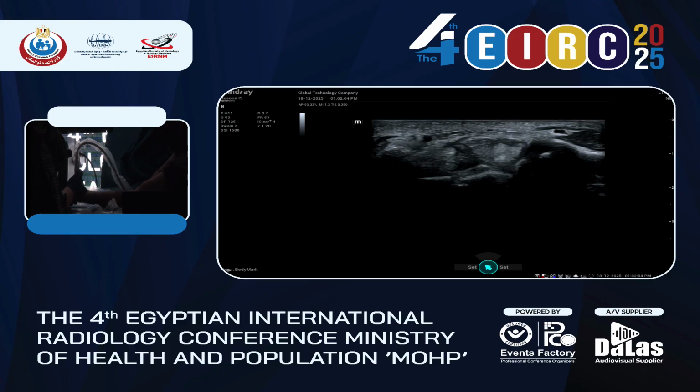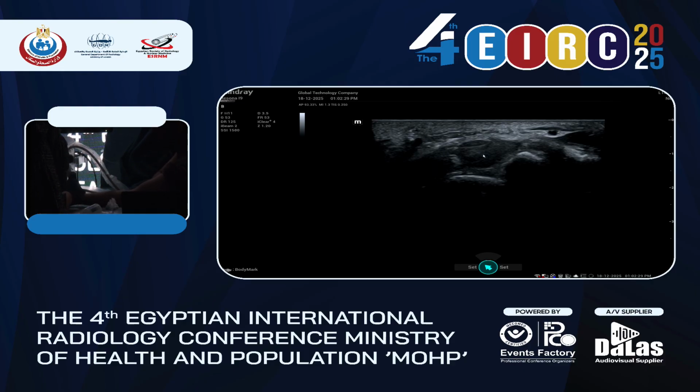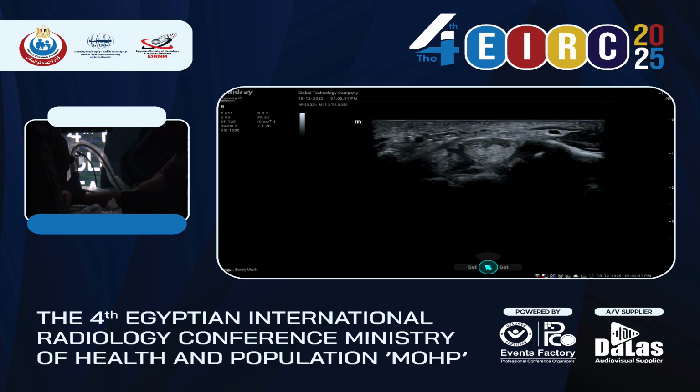rid of anisotropy. Every one of you knows the very bad artifact in MSK scanning, which is called anisotropy. Anisotropy is created when the ultrasound beam is not 90 degrees to the structure of interest. So here I have my ultrasound beam 90 degrees to the nerve and to the tendons, and that's why I can see the tendons here very, very bright. But if I tilt a little bit, the tendons become dark,